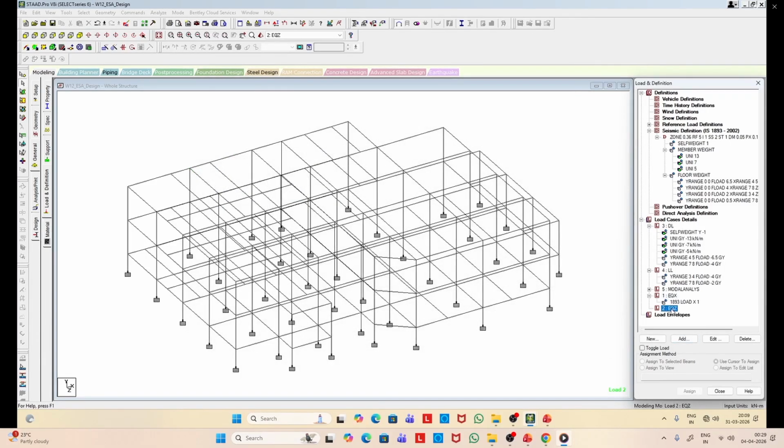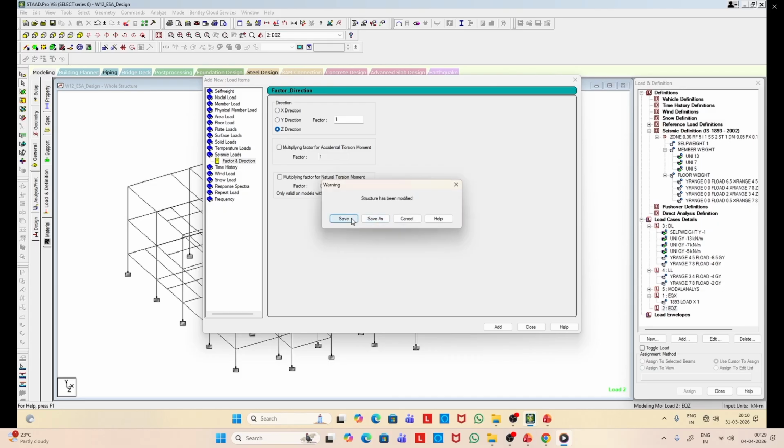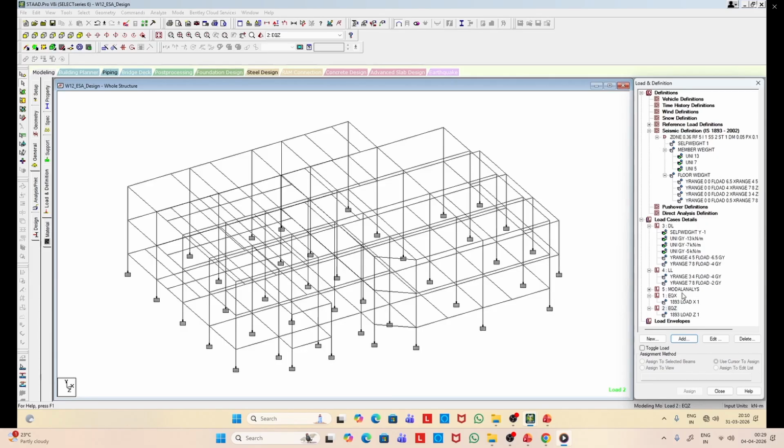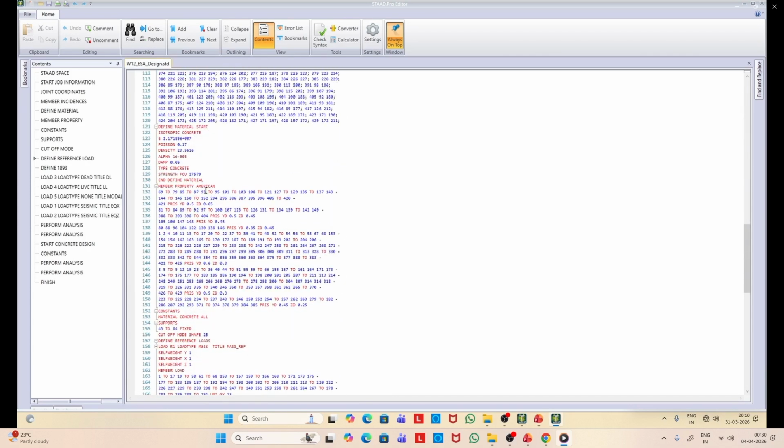Similarly, for the Z direction, we select the seismic load and then it should be in the Z direction with factor 1. So it means that we apply the full magnitude of the design load first along X and then along Z.